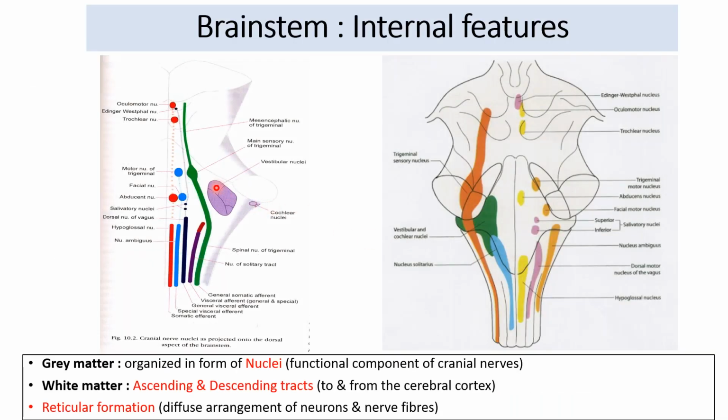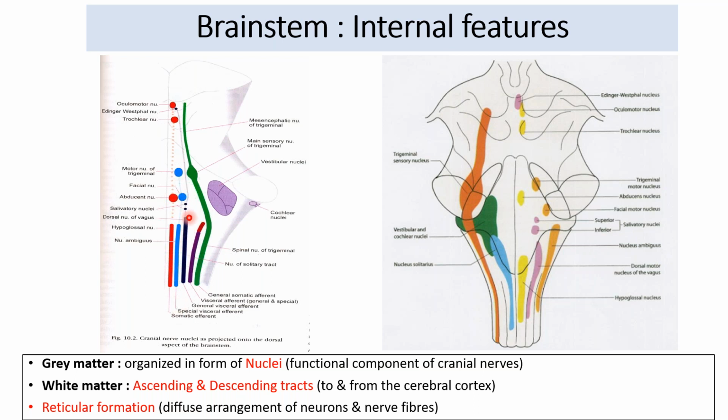Internally, if you visualize the brainstem, you will find very organized nuclei in the form of functional columns of the cranial nerves. The functional cranial nerve nuclei are arranged as gray matter nuclei in the brainstem. Starting from the midbrain, you can see the oculomotor nucleus, the Edinger-Westphal nucleus, which is again a component of the oculomotor, and the trochlear nucleus. These nuclei, deep-seated inside the brainstem, then emerge out through those levels of the midbrain, followed by other cranial nerve nuclei that you will learn in the subsequent lecture on the cranial nerve nuclei. So different nerve nuclei are present at particular levels.